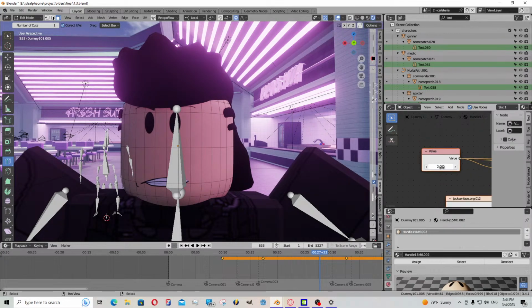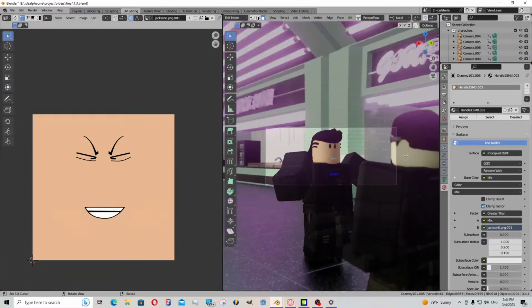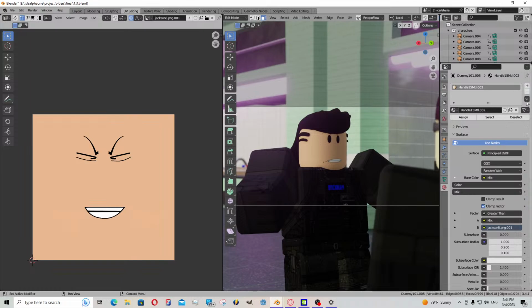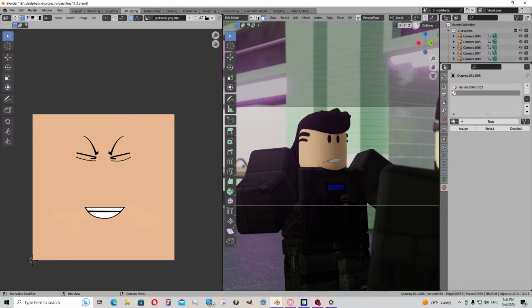And in order to separate the lips and the eyes from using the same texture,